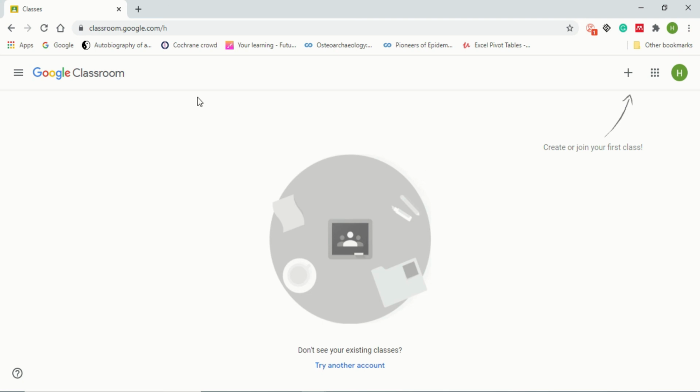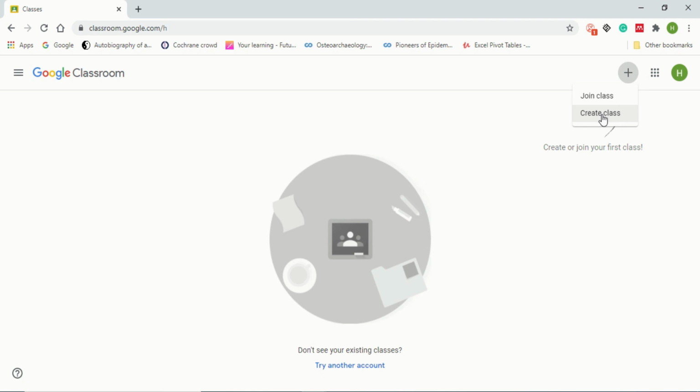This is the first screen you will see when you sign in using your Gmail ID. If you do not have one, create one. That is very easy to do. So this is Google Classroom. First you will see create or join your first class. First of all, I will join. When I click, you will see join class or create class. There are options for both of them. I am using this as a teacher, so first of all, I will create a class, and from my second account, I will show you how it looks from the student perspective also.